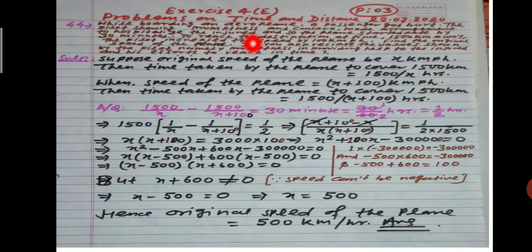To reach the destination 1500 km away on time, the pilot increased the speed by 100 km per hour. Find the original speed of the